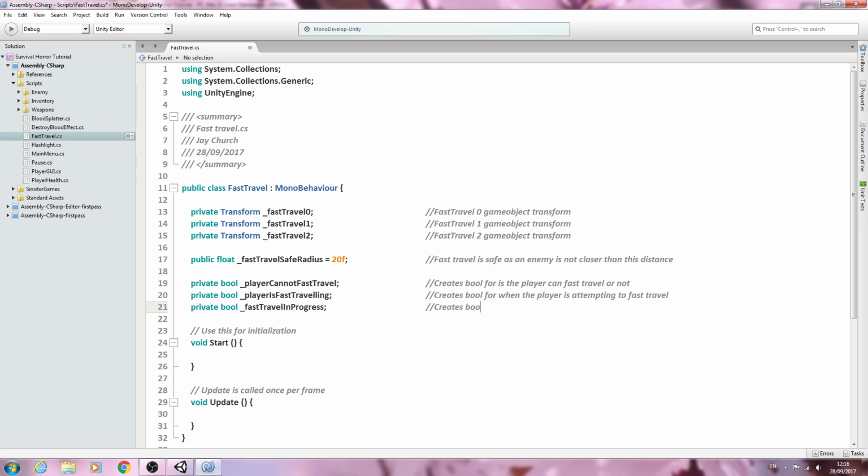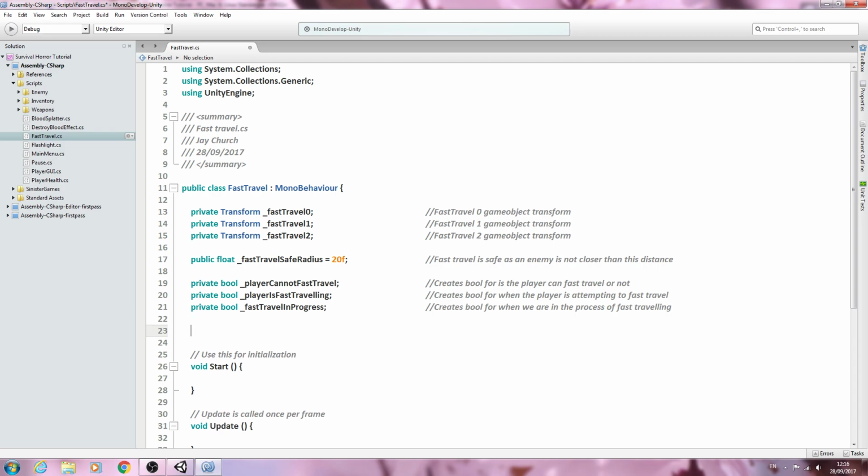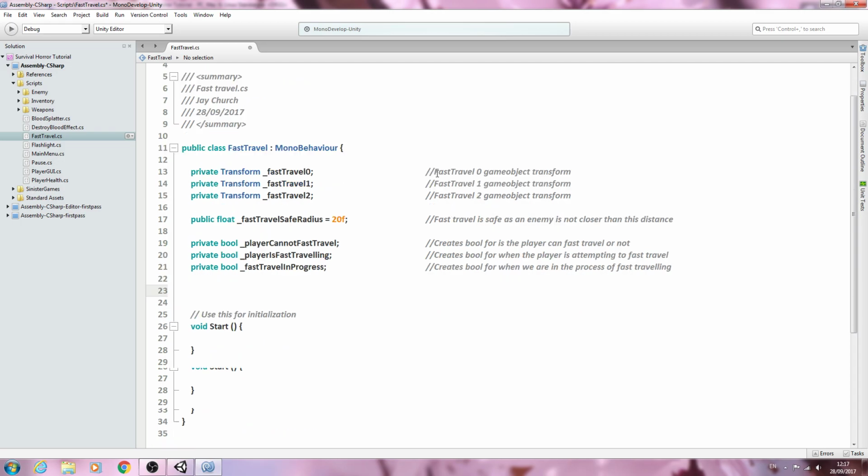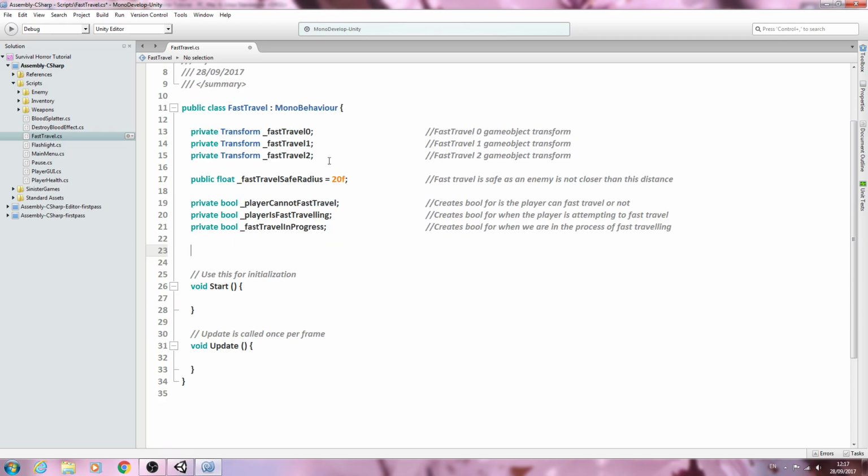So we'll say creates bool for when we are in the process of fast traveling. And as always, if you're unsure of how these are going to work, please don't worry, we will go over that when we implement functionality within this script. But we'll continue on for now and create some more